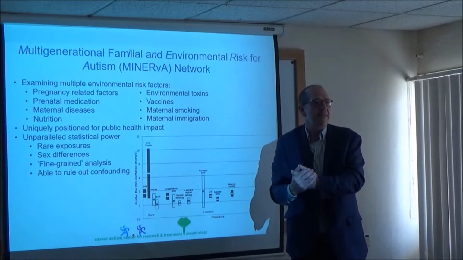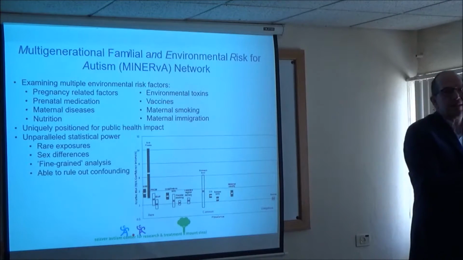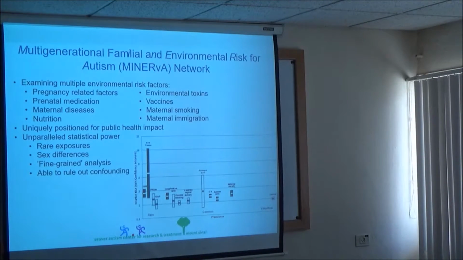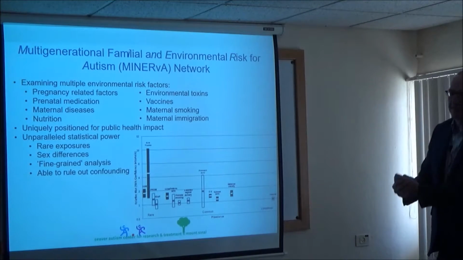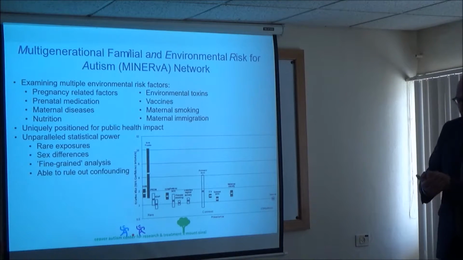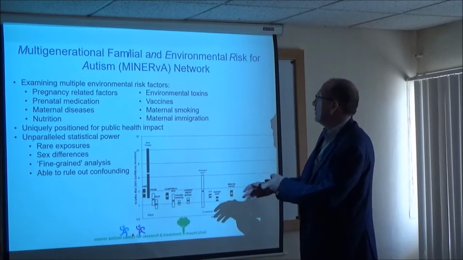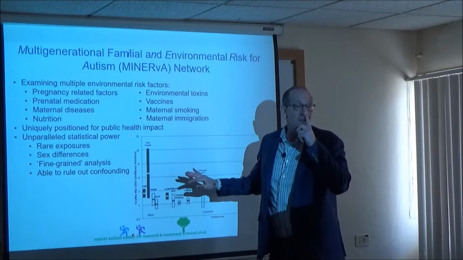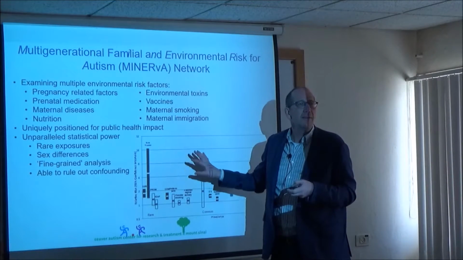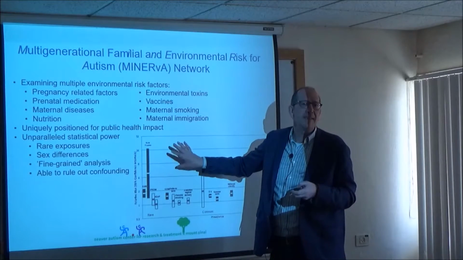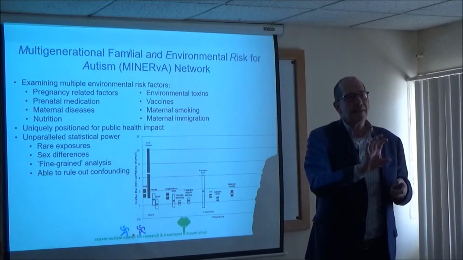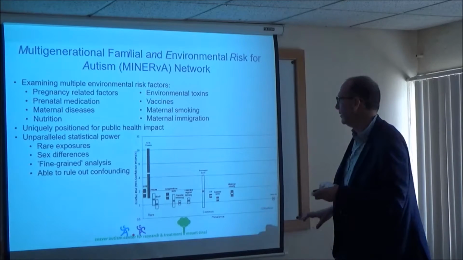Right, we talked about C-sections. One reason people have C-sections is because there's hypotonia in the infant. Hypotonia in the infant is associated strongly with autism. So making causal inferences is important, but hard to do. There are ways to do it even with epidemiological data. There are elegant ways to do it with genetic data and epidemiological data.